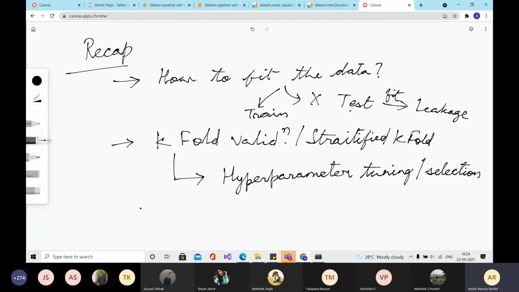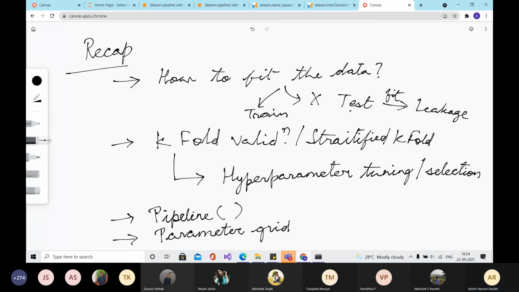And after looking into that, we wanted a way in which we can encapsulate all these things. And to do that, we had the sklearn pipeline. And the pipeline took a parameter, which was the parameter grid.